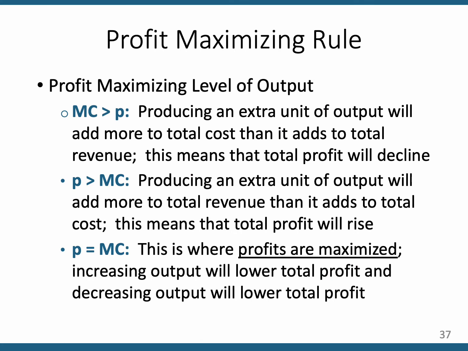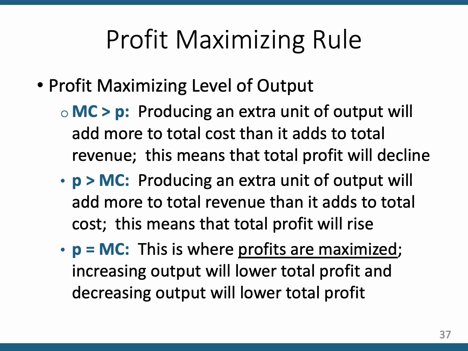So how much should you produce to maximize profit? There is a profit maximizing rule. And the profit maximizing rule is, I'll skip right to the end. And this is a rule that you can apply to any market structure. Produce that level of Q for which marginal revenue equals marginal cost. But remember, in this example, with pure competition, marginal revenue and price are the same thing.